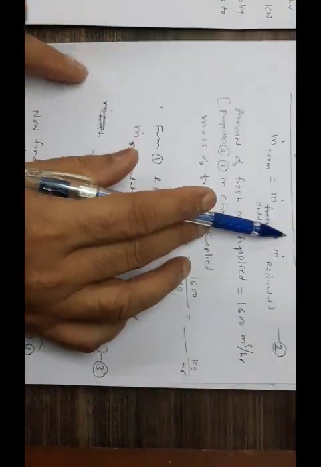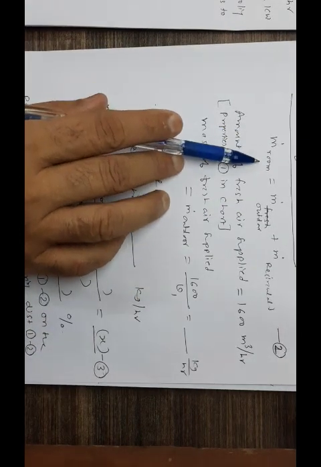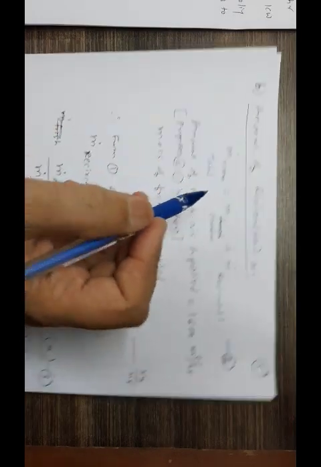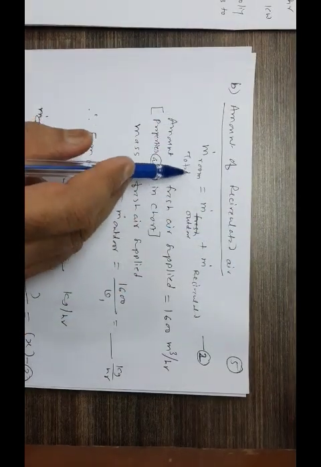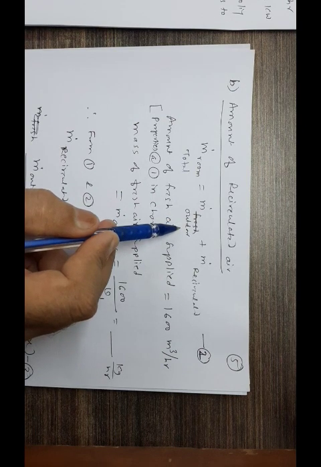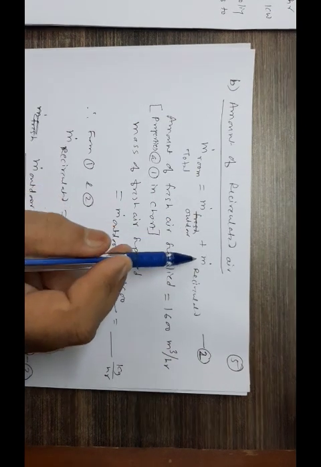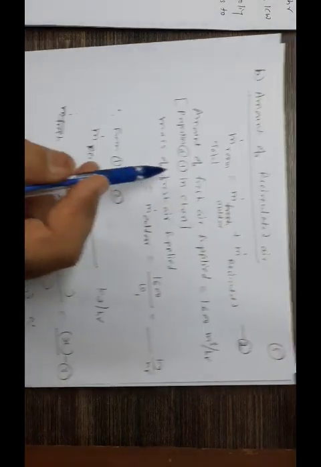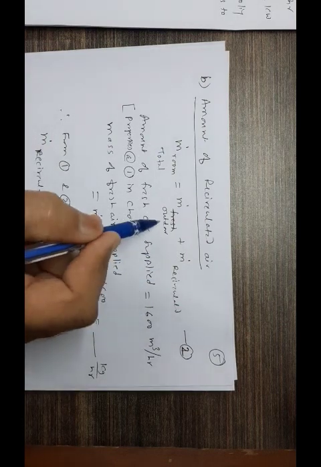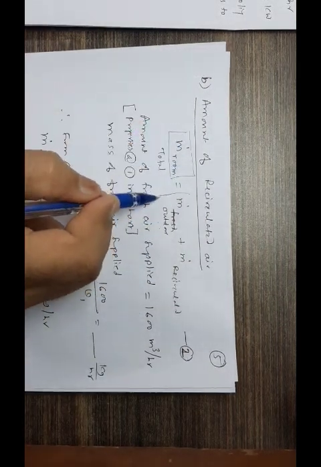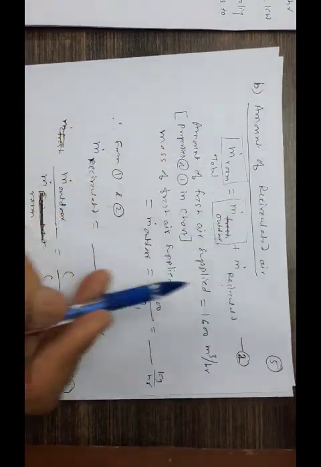So the amount of recirculated air will be equal to the mass total circulated. This is the total which we have just found out. The total you have found out is equal to m dot outdoor, which you know how much you have taken, plus m dot recirculated. Okay, so you know it. 1,600 is your outdoor air. This is given to you in the problem. So this is what can be found out by calculation, simply subtracting this minus this.